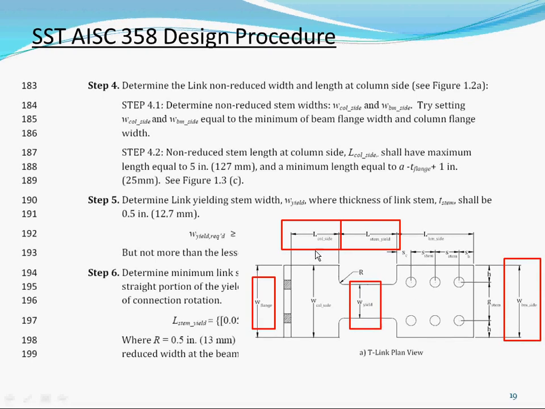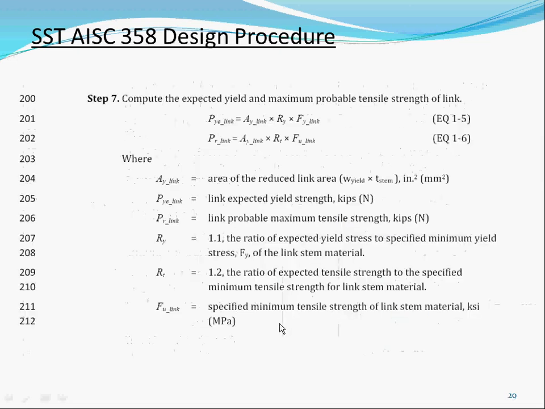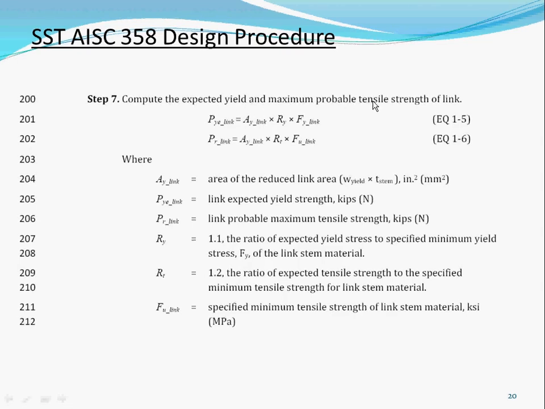And also because we set this one equal to that, we also know that one for our calculation purpose. So what we're looking for is actually how do we determine these for the geometry, as well as the thickness of the flange. So compute the expected. After you know the area, you want to compute the expected yield and maximum probable tensile